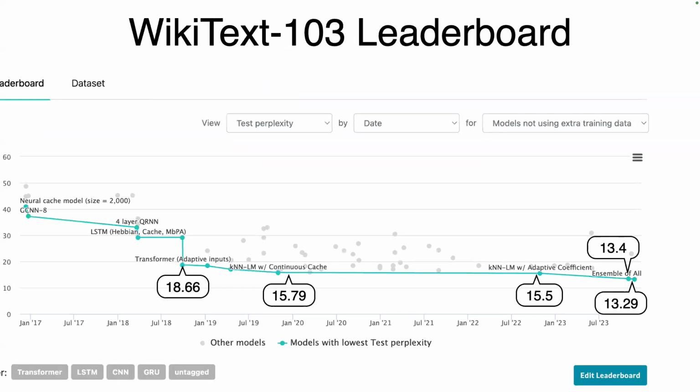So if we put it back on the leaderboard, these were the results that people had. And you can see, for example, from 20 to 23, it was reduced from 15.79 to 13.29, so by 2 point something. It's not a huge reduction. And if you add the results that we have now, you get 12.39, so it's a 0.9 reduction. Not super dramatic, but in line with what was done before.